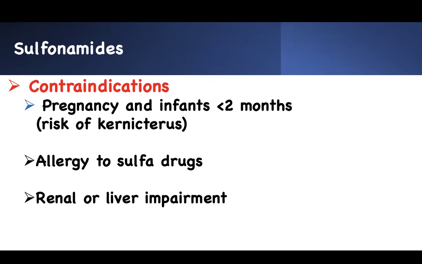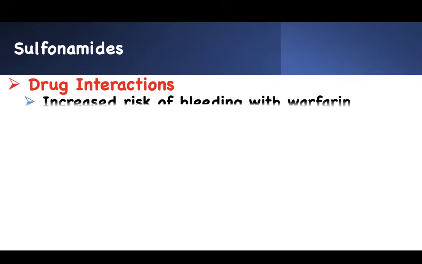So know the contraindications. This is the teaching portion of it, and the prioritization portion where you get to intervene, question the doctor based on the patient condition. We'll practice a question and you'll see what I mean by that. There is interaction with other drugs based on the side effects I told you. You remember potassium? Yeah, it can increase risk of bleeding in warfarin. It doesn't mean you can't take warfarin. I'm going to monitor you, right? It can potentiate the effect of warfarin, but you can still take the sulfur drug. I need to make sure I check your INR. It doesn't mean you shouldn't take it, right?